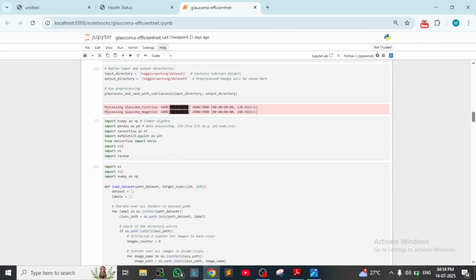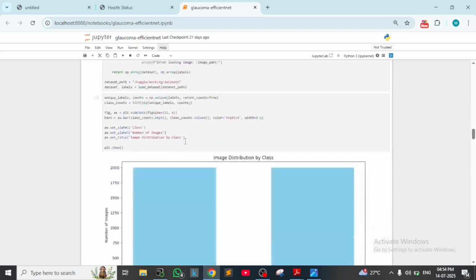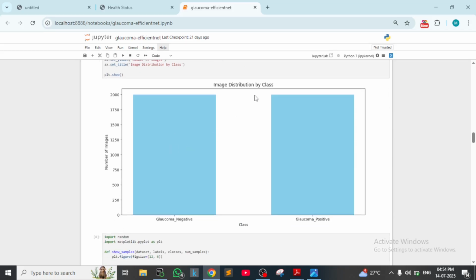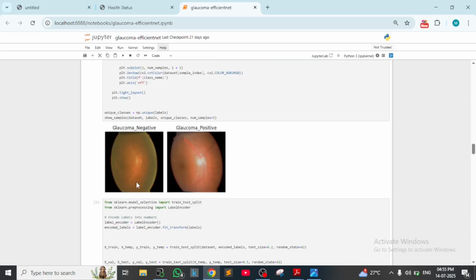Then the pre-processing of glaucoma positive, and for glaucoma negative, 2000 images we have created. Okay, for better and good results, we did 2000 image augmentation. Then we got an image distribution by class. See the image distribution by class for glaucoma negative and glaucoma positive. And then we have shown you a glaucoma negative image and a glaucoma positive image. Then